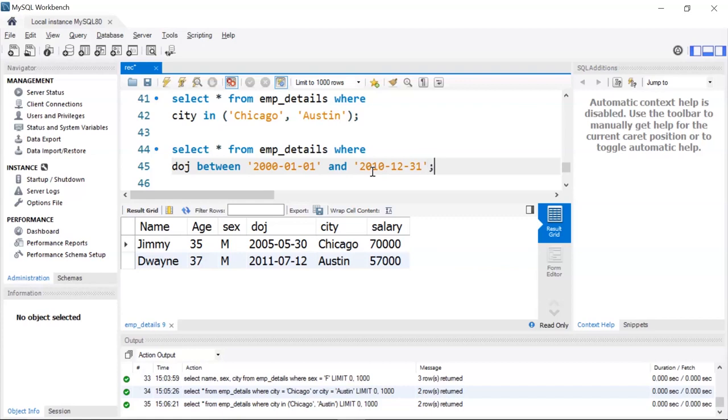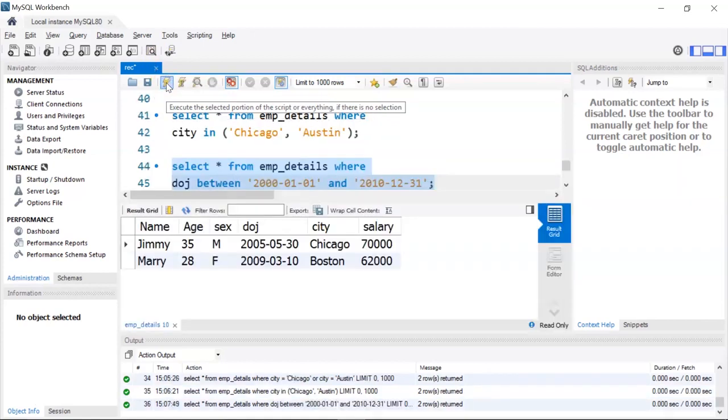So every employee who has joined between these two dates will be displayed in the output. If I run it, we have two employees who had joined between 2000 and 2010. So we have Jimmy and Mary here who had joined in 2005 and 2009 respectively.